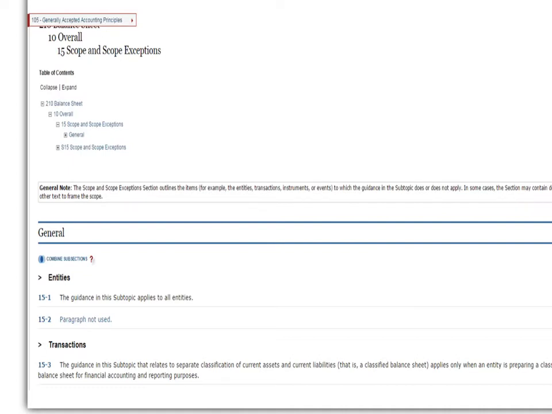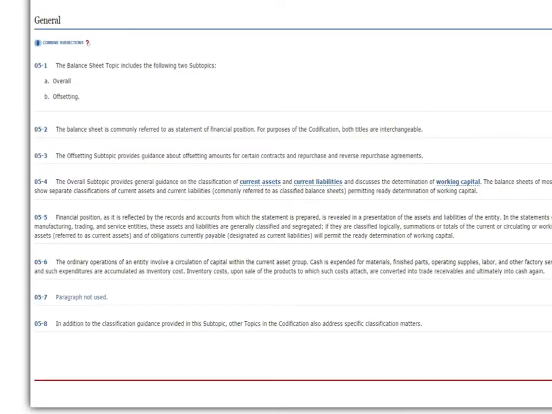And I'm told that in terms of scope, guidance in the subtopic applies to all entities, and the guidance that relates to separate classification of current assets and current liabilities applies only when an entity is preparing a classified balance sheet for financial accounting and reporting purposes. And of course, that is what my question is: are these notes a current asset? So if I can find the answer, I know it will apply to my entity. I went back and chose the combine